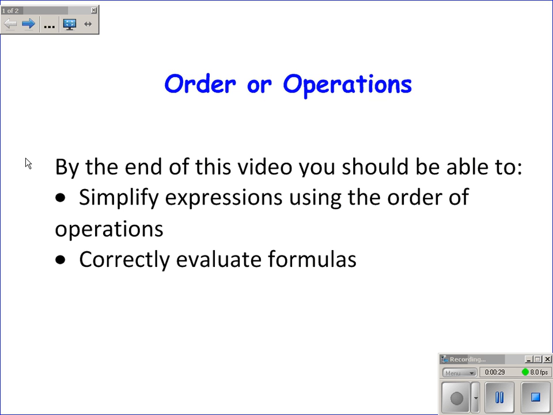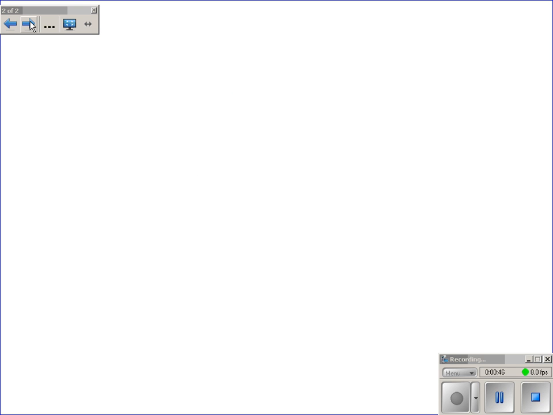And by the end of this video, hopefully you're able to understand what that order is supposed to be, and you can use it to simplify expressions, and also use it to correctly evaluate formulas, like take a formula, plug some numbers in, and get the right number answer. Okay, so what the order of these operations is,